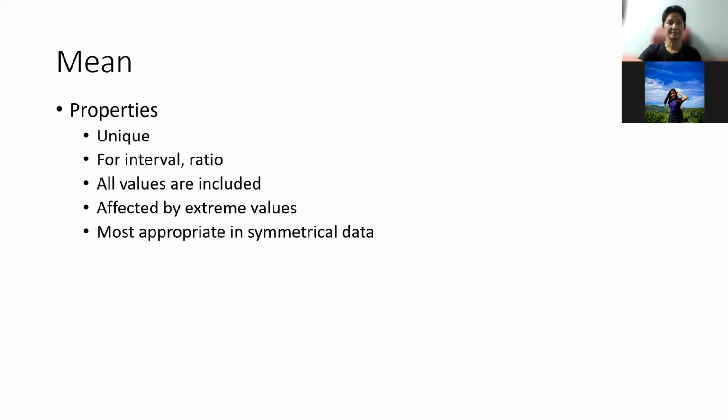So let's start with the mean. We have these properties. It's unique, meaning you only get one. If you have a set of data, you will only get one mean, it cannot be many, unlike our other measures of central tendency, which can have many. This is good for interval or ratio data. What are interval or ratio data? These are continuous data; for interval, there is meaning in between the values. And ratio data is actually interval data wherein 0 is important or has meaning.